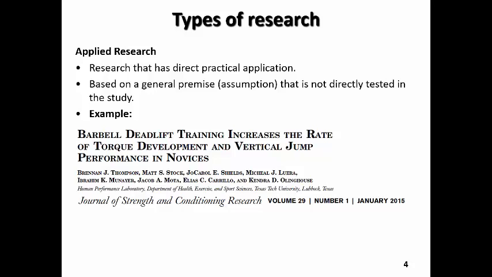And the title of the article here implies that a cause and effect was established. And we see that this intervention of deadlift training, based upon the title, increased the rate of torque development and vertical jump performance in novices. And so these are outcome measurements and variables often assessed in